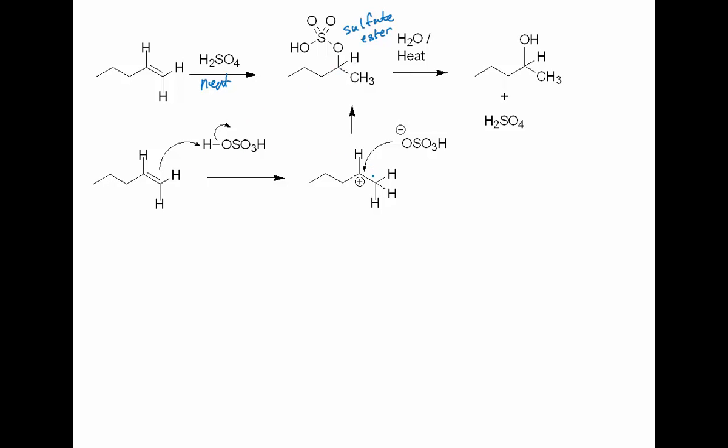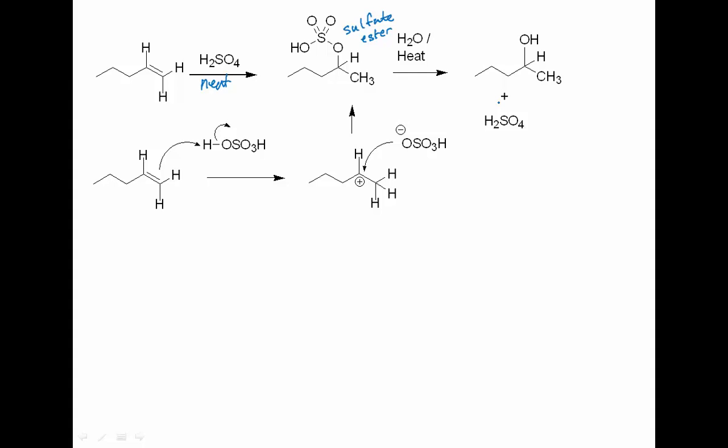We protonate the alkene to get the better carbocation. The bisulfate anion comes in, adds here, and this produces the product. Okay. Once you have this, you can now treat it with water and heat. This will form the alcohol and produce sulfuric acid as a byproduct. Okay. Because you're making sulfuric acid and an alcohol in heat, sometimes this is going to lead to dehydration as